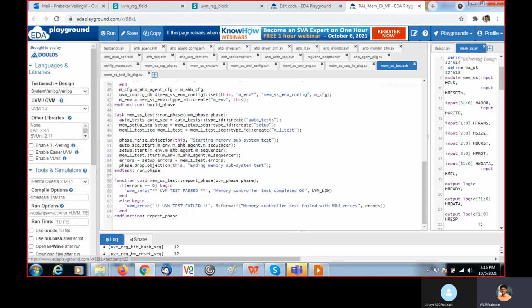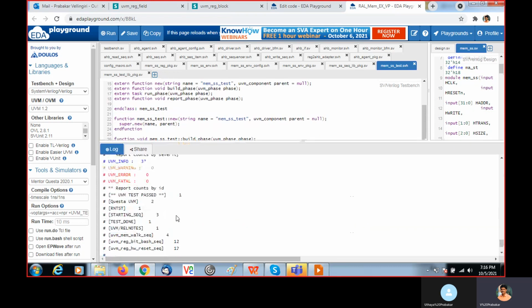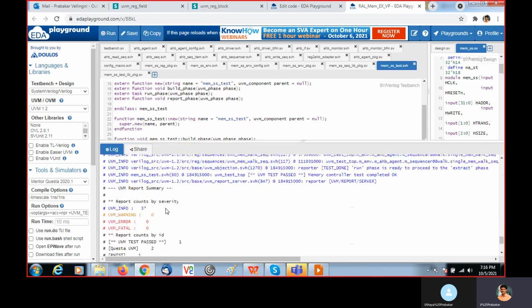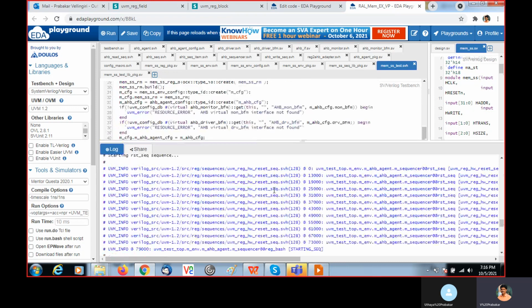Now in the command line, with the help of UVM test name equal to MemSS test. So this is the test we created, right? The MemSS test is passed as a command line argument for UVM test name. So when I run this test, it passes, and we get the UVM info. Automatically, based on the sequences we mentioned here, we call these sequences, and they produce the outputs.